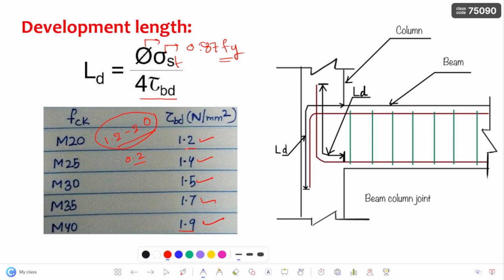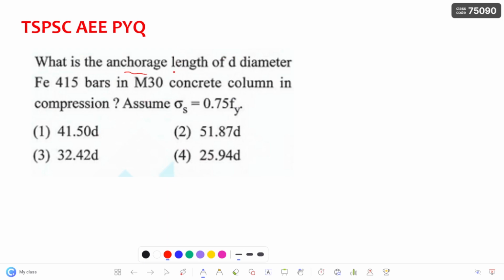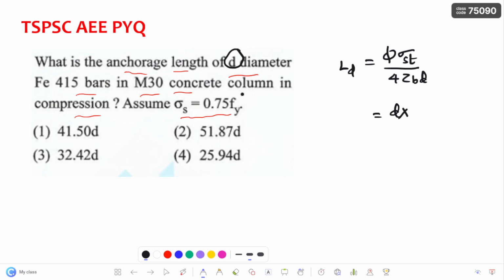let us solve the questions based on this development length which are given in the AEE 2023 question paper. Coming to the first question: what is the anchorage length of D diameter Fe415 bars in an M30 concrete column in compression, assuming sigma st as 0.75 Fy? We all know the development length formula is Ld = phi sigma st by 4 tau bd. Here phi is the nominal diameter of the bar, given as D in this question. Let us substitute that D. Coming to sigma st, it is already given in the question, that is 0.75 Fy, where Fy is the grade of the steel, given as 415. So 0.75 into 415